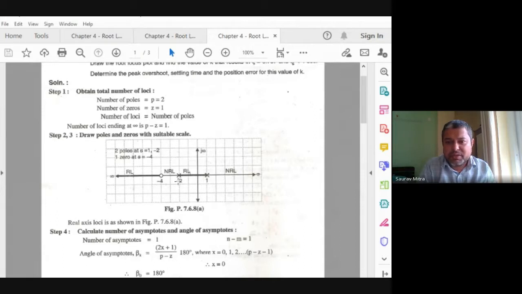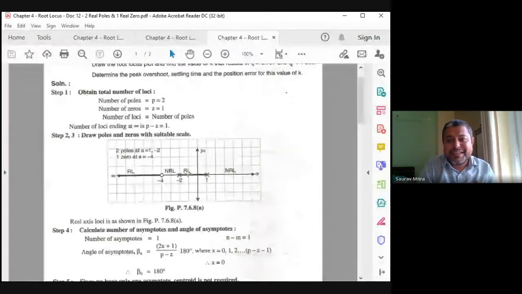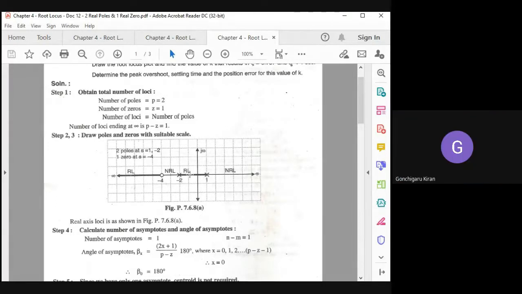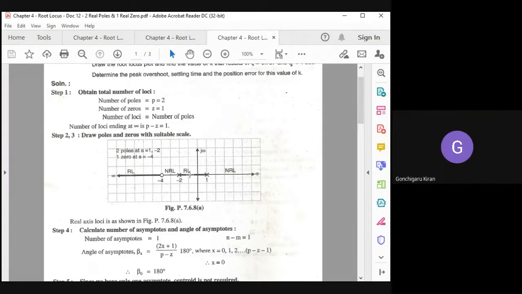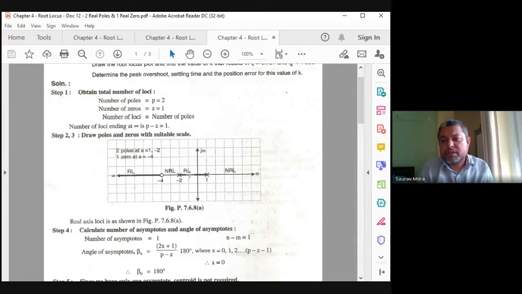Point number 2, root locus construction. Let's say minus 1. Whether minus 1 is on root locus or it is not on root locus. So what to do? Look at its right side. How many poles and zeros are there? Just check minus 1, this point, whether root locus exists at minus 1 or not. How to check that? Just say minus 1, look at its right side. How many poles and zeros are there? One pole, sir. One pole. One is even number or odd number? Odd number, sir. That means minus 1 will be on root locus. If it is odd number, that means it will be on root locus.